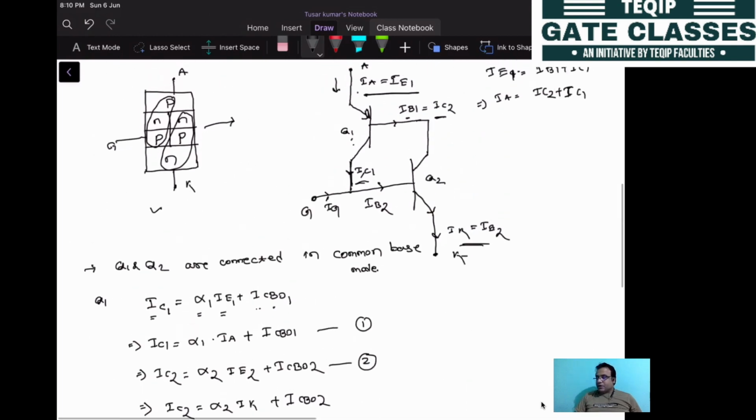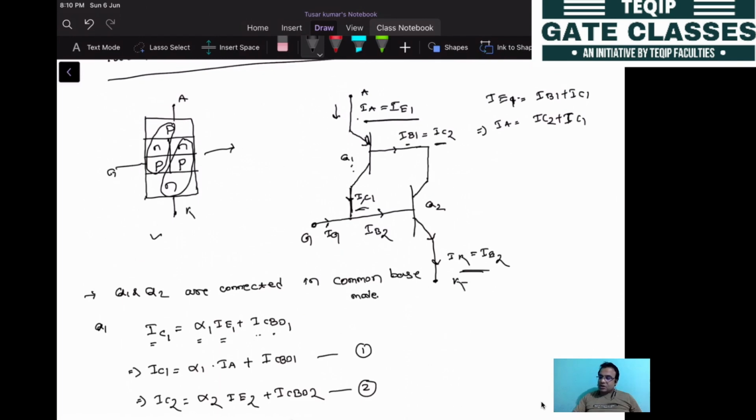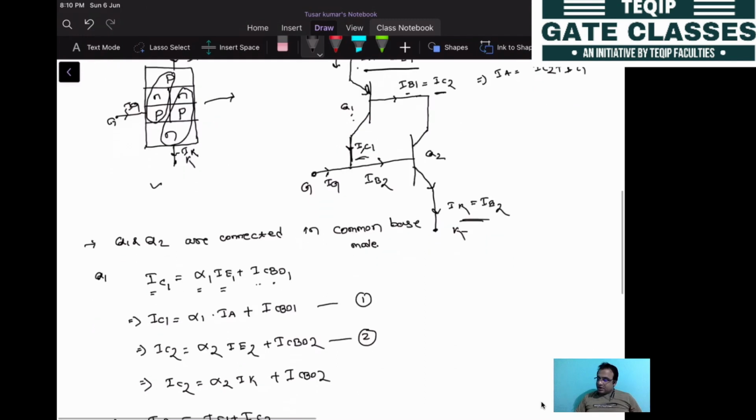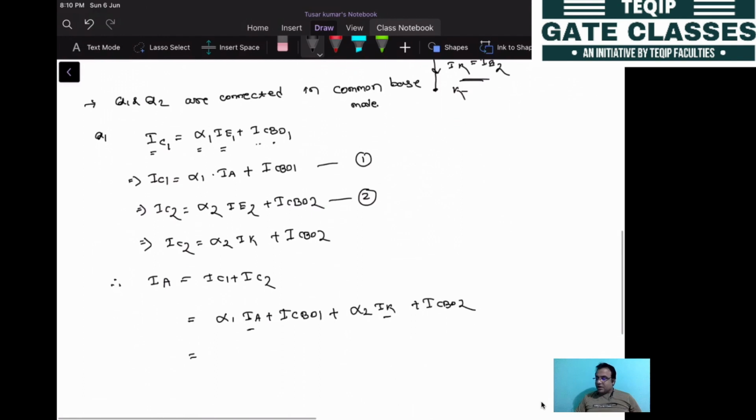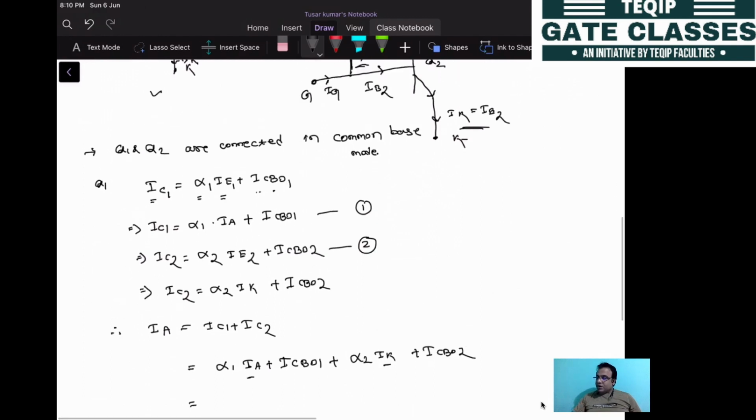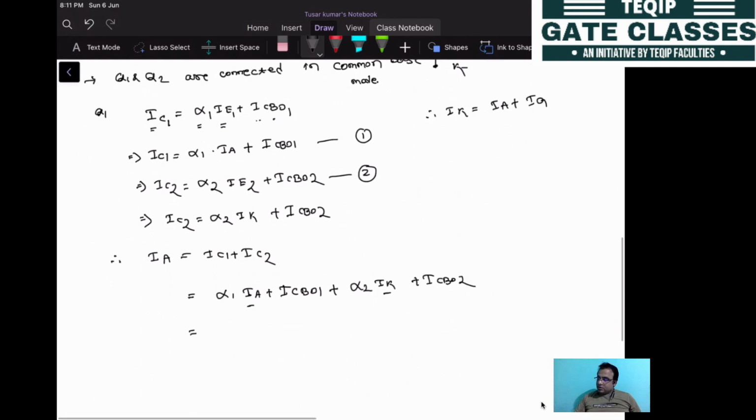And if you look here, when the thyristor conducts, look at this diagram. This is IA and that current will be flowing here. Okay, here it will be IK, but the additional current that will be added here is the gate current. So you can put the conclusion that the cathode current will be equal to the anode current plus the gate current. So IK can be replaced by this term.